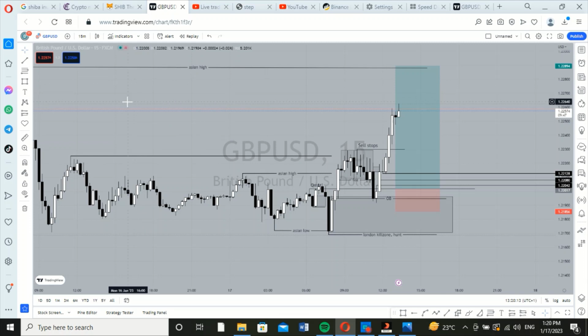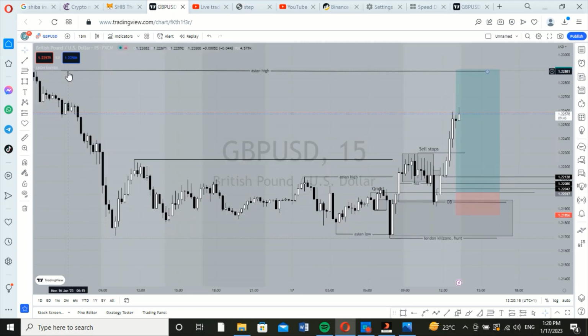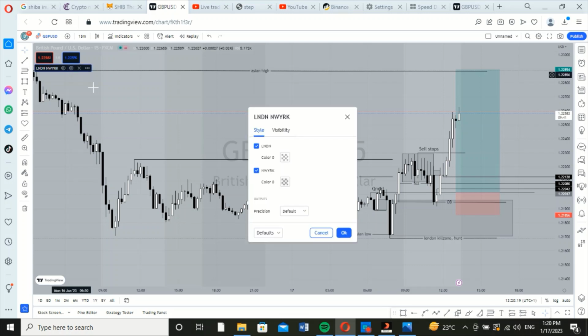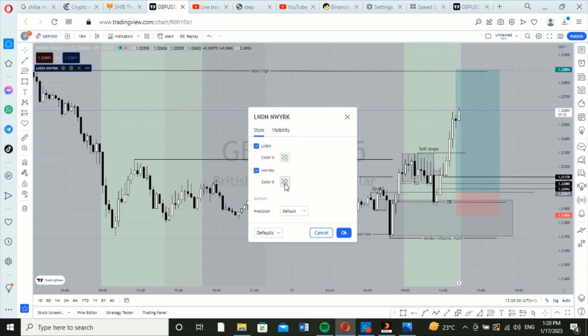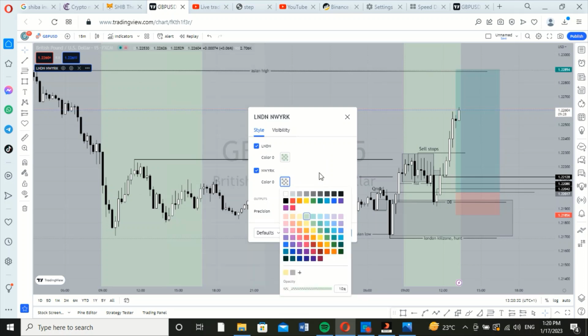New York. Let me check the indicator. I don't actually use time. I actually use this stuff. So right here, let me just set the colors, and I increase the color of this one. And it's not good for the eye also. I don't just use it to check my sessions. So I increase the color of this one to change it to blue. Alright,